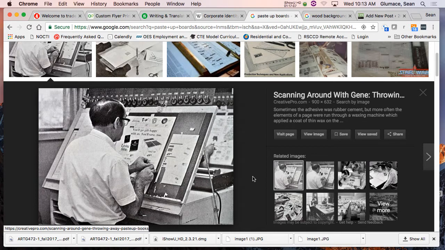That process is still the same, except now we have the computer. We print to a plate, or we do what's called direct to plate. We print it into the big printer, and it etches it onto the plate. And the way 4-color offset works, it's like a rubber stamp. Ink gets pushed on, ink is pressed onto the paper. It's done 4 times. Cyan, magenta, yellow, and black. K is black. So C, M, Y, and K.